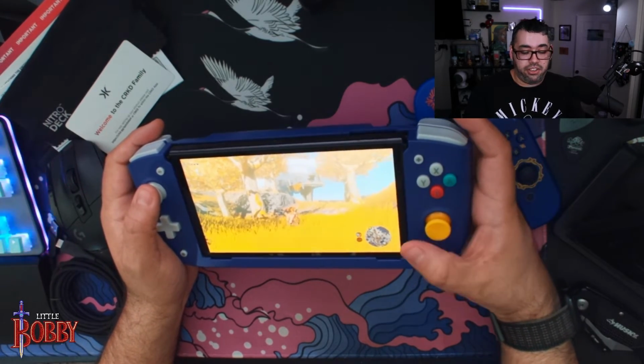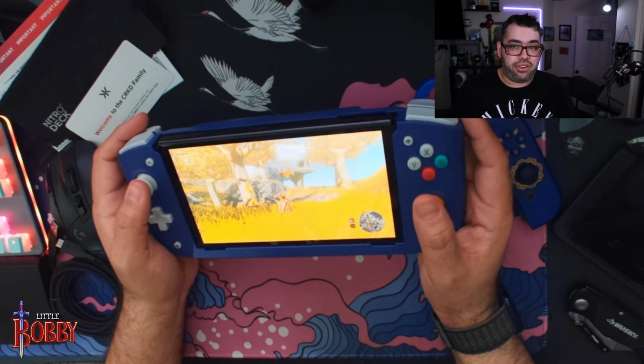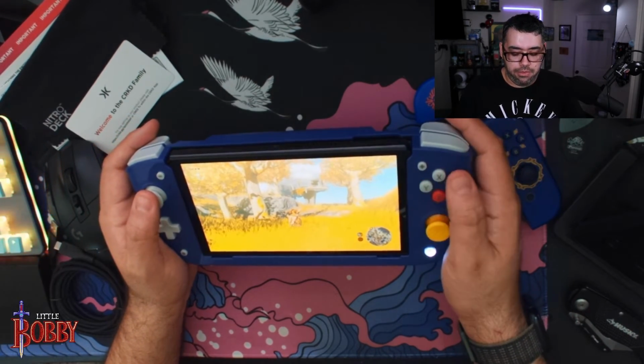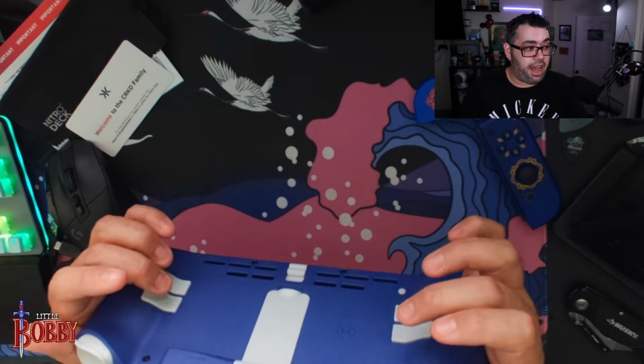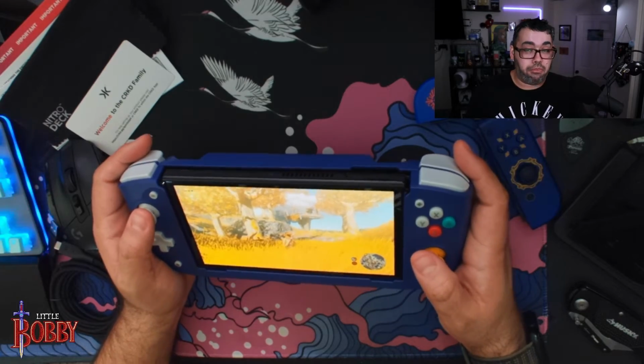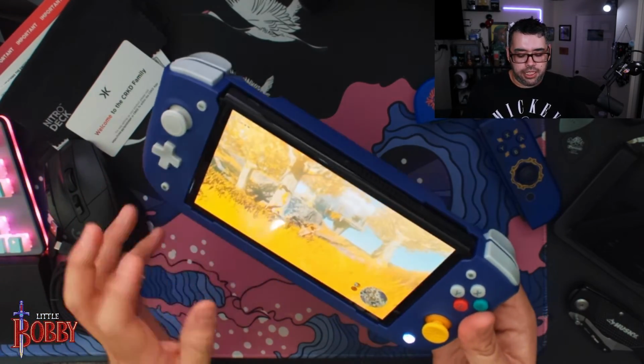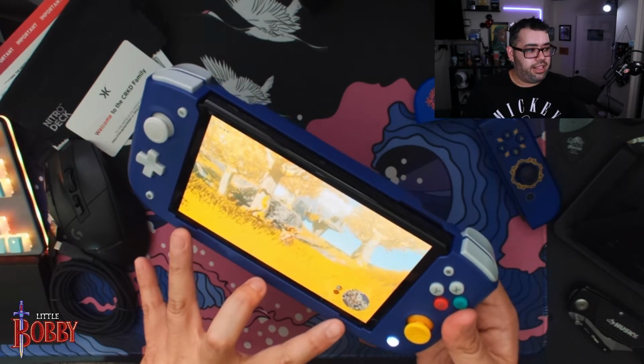Like you have to position your thumb kind of in an awkward spot, which would lead to you kind of going like this. But again, if you want to map all of these face buttons to these back four buttons, you could do that. And that would basically solve the problem if you're someone who's very used to these back four buttons. Now, aside from all this, we do have speaker holes, and I think these are functioning as vents